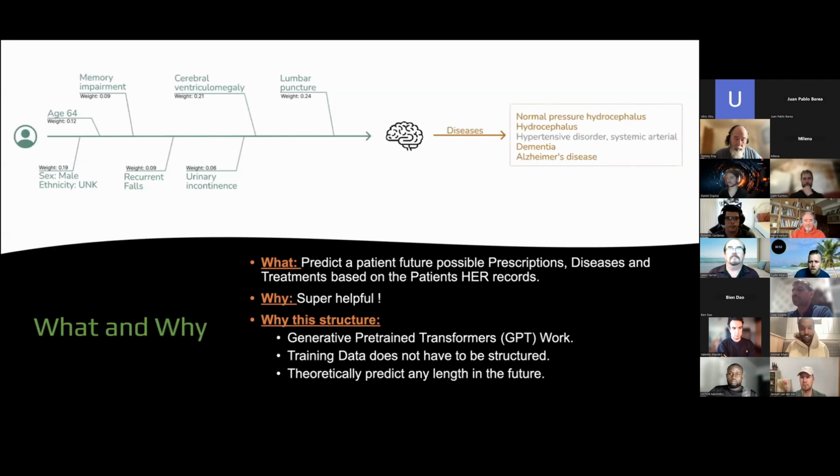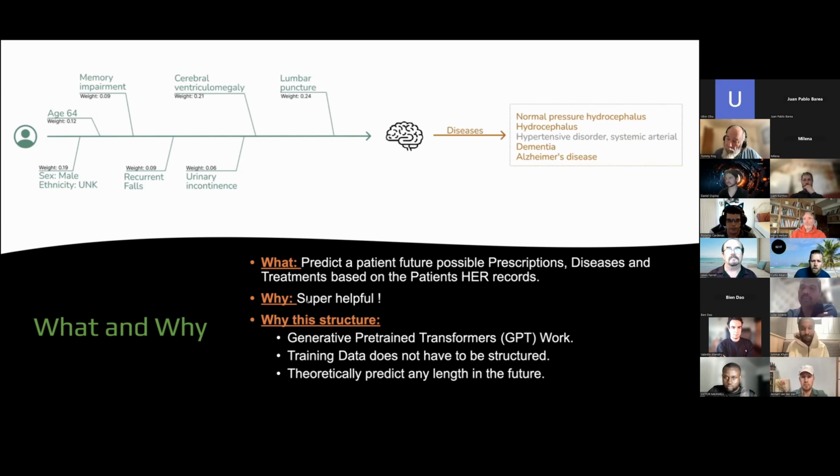We're trying to predict, given a patient history, as shown in the figure to the left, like his age and the medical conditions that he suffered from. We try to have a model that takes all this history and tries to guess what terms his future medical records would have. These terms could be diseases like the ones listed here, and like "he's 64" could sometimes be one of them. It could be prescriptions, as the name of the project suggests, and it could be some treatments.